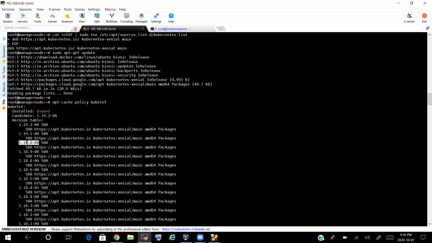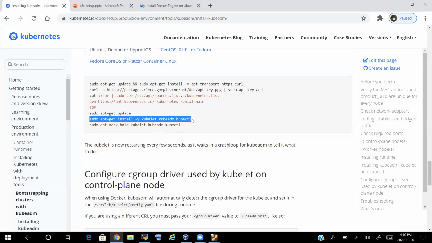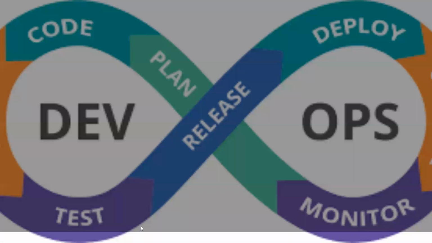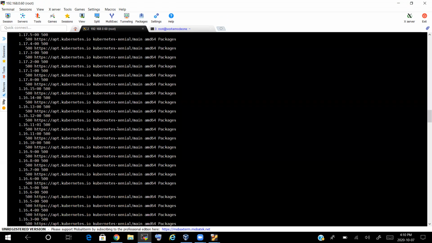If you want to install a specific version, yesterday I showed you how to install it. If you don't provide any version and execute this command directly, it will install the latest version. So what is the latest version? As per this output, you can see what it is trying to install. The candidate section will tell you what version will be installed. In the installed section, you can see it is none. None in the sense this package itself is not installed, so that's the reason it is none. Got it? If you want a specific version, I'll tell you how to install that. Okay.